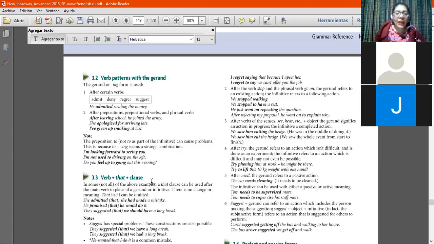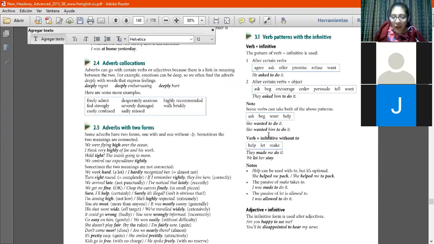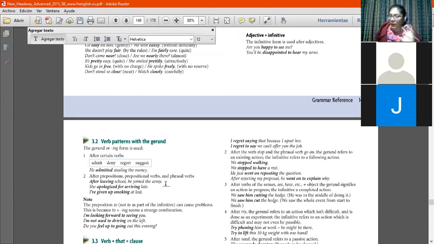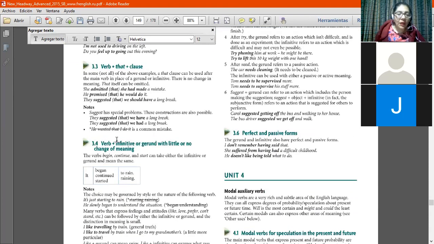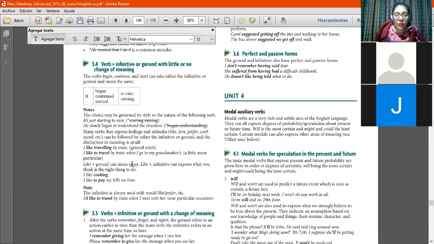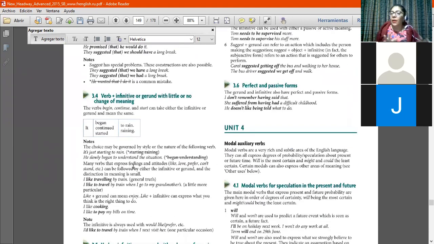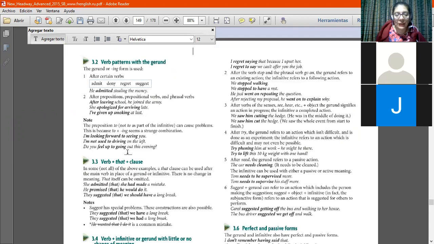Okay, these structures. The rest, chicos, no pienso ver el resto. Miren lo que es 3.1, all of this that you can read at home. Only the gerunds, eso porque tengo bastante problema when it comes to writing. The verbs that close, infinitive, gerund with a little or no change of meaning, cuando no tiene cambio. Infinitive gerunds, it is a lot. Okay, so please, this part, read it, because it's going to take a lot of time to do it here. But the first one, this gerund, for me is very specific. It's very important. Okay?